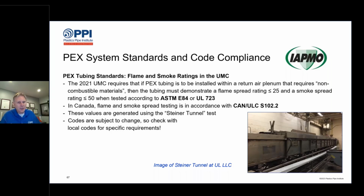The final property we're going to be talking about from the standards has to do with flame and smoke spread ratings. And different codes have different flame and smoke spread ratings, but it is a requirement typically in commercial construction that if PEX tubing is to be installed within a return air plenum that requires non-combustible materials, then the tubing must demonstrate a flame spread of less than 25 and a smoke spread rating of less than or equal to 50. In the Uniform Mechanical Code, that requirement is that the tubing must be tested in accordance with ASTM E84